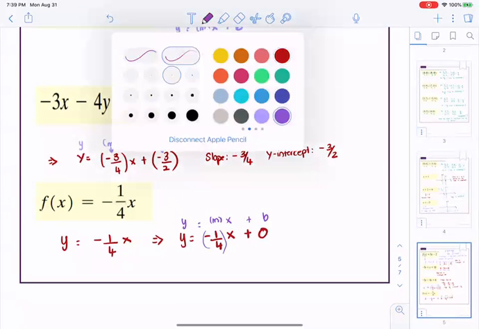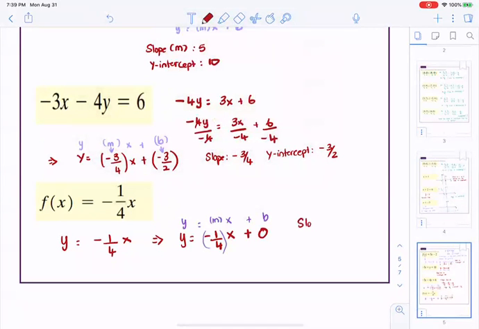So the slope is negative 1 over 4, and the y-intercept is 0. Okay,